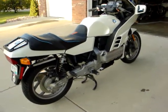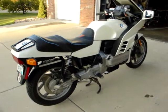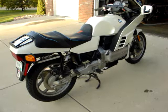Let's compare it to the FJ12. It's not as torquey as the FJ12. It's not as responsive, or not as powerful, and it doesn't seem to handle quite as nice either. Although